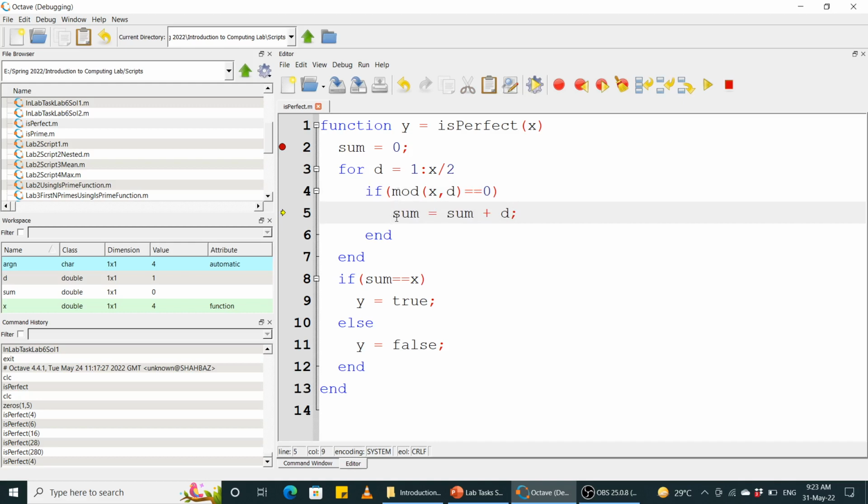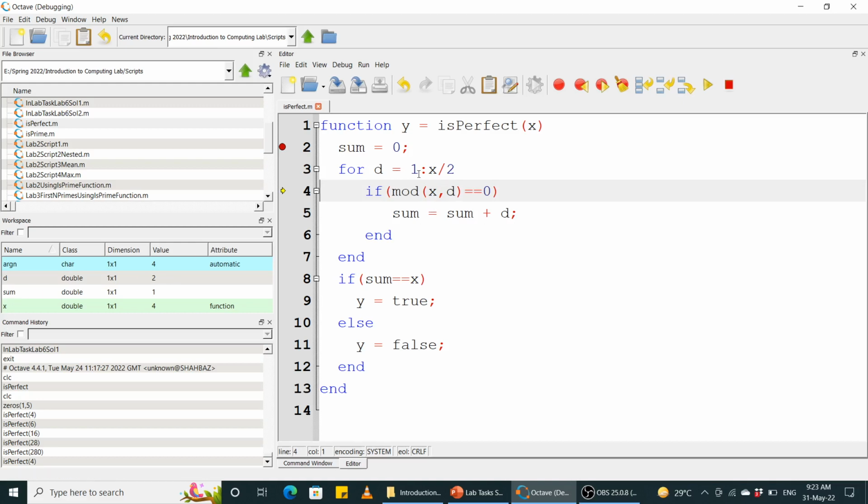अगर आप F10 फिर प्रेस करेंगे तो sum जो है वो मॉडिफाई हो जाएगा, sum is equal to sum plus d, d is a factor, d is equal to 1 was a factor, तो वो ऐड हो जाता है वेरिएबल sum में, तो sum में we have 1 now। फिर हम आ गए यहाँ पे, अब d की वैल्यू हमारे पास 2 है, ठीक है।